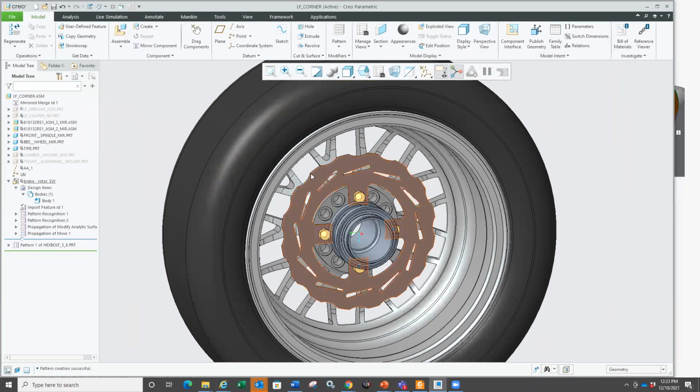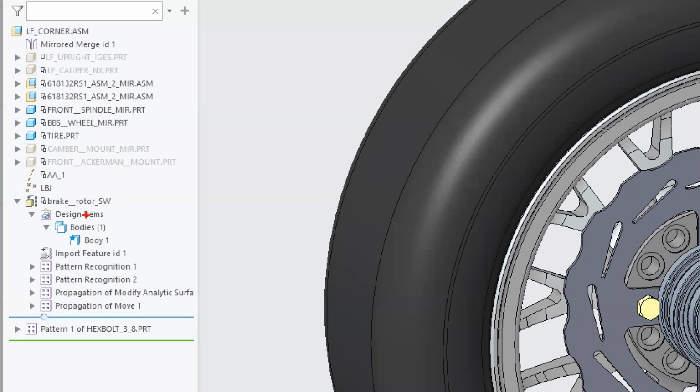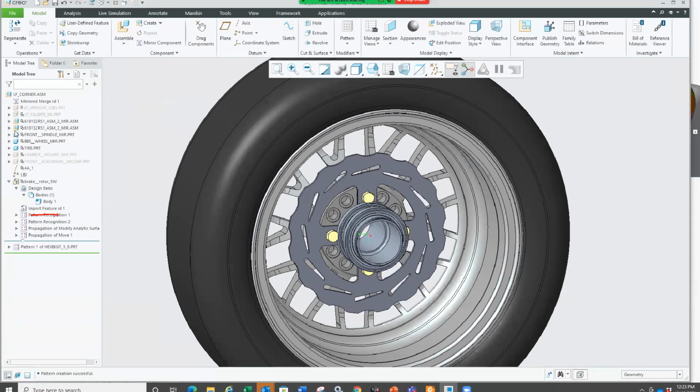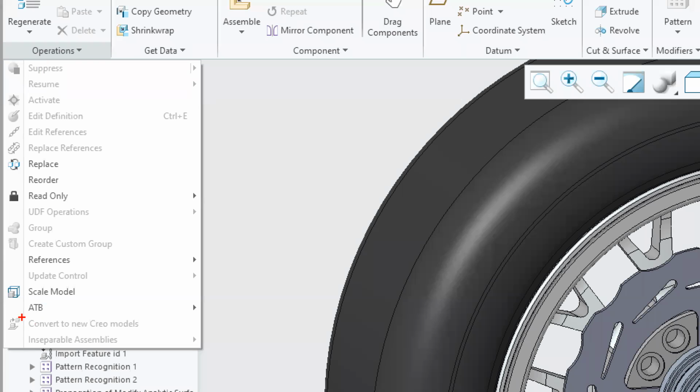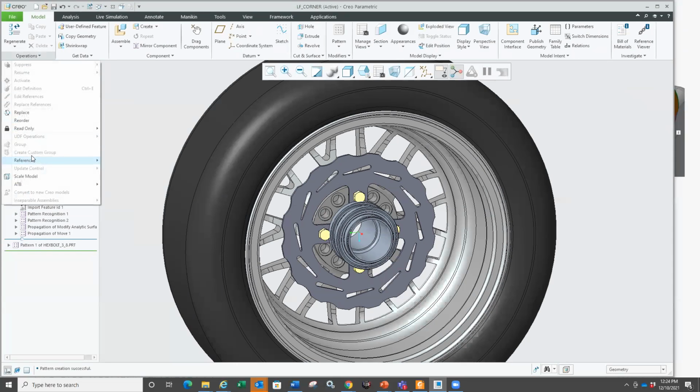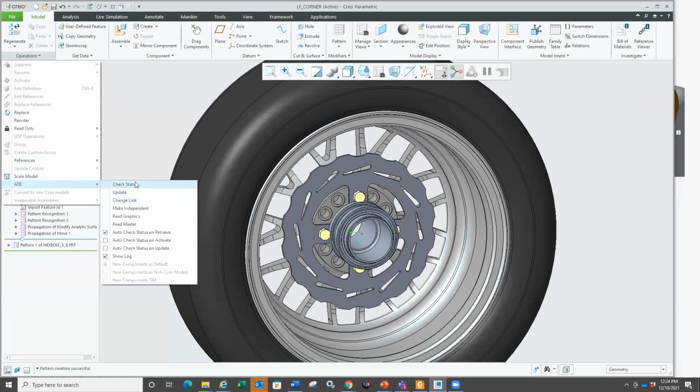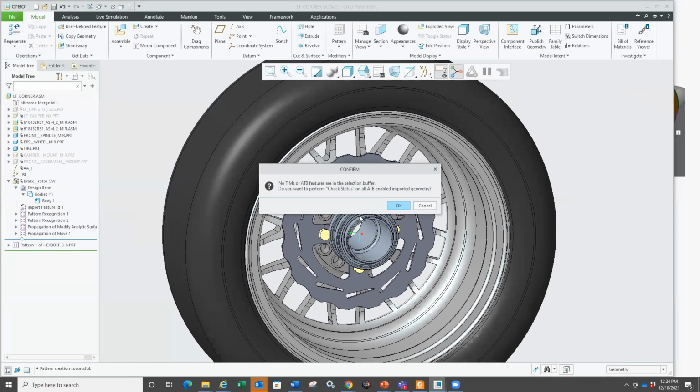And now I'm interested to know if there is a change in here, and I may have several imported files like these with an import feature ID. Is there a way to check if you have any outdated ones? So you could use the ATB, which is an old Creo Engineer feature. Some of you may have known that. It's called Associative Topology Bus. What I can do is go to ATB and check the status,